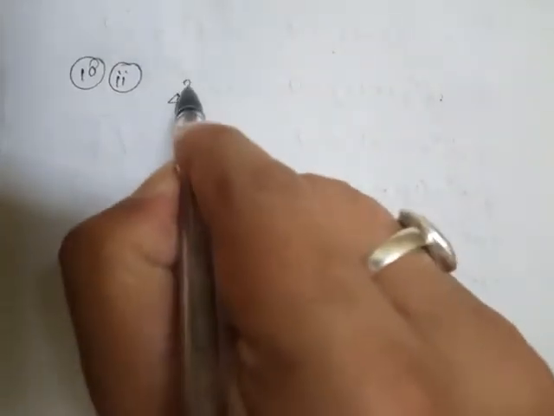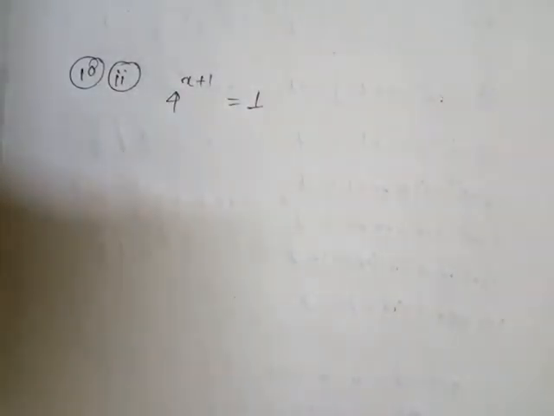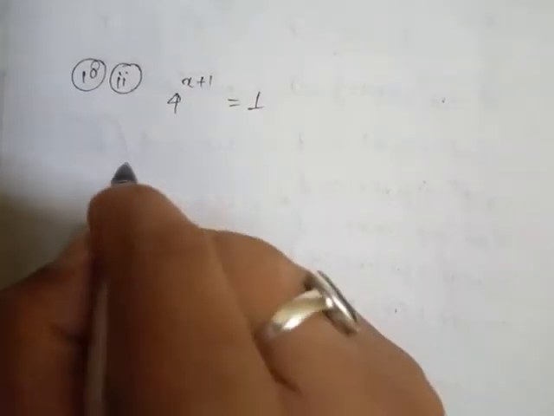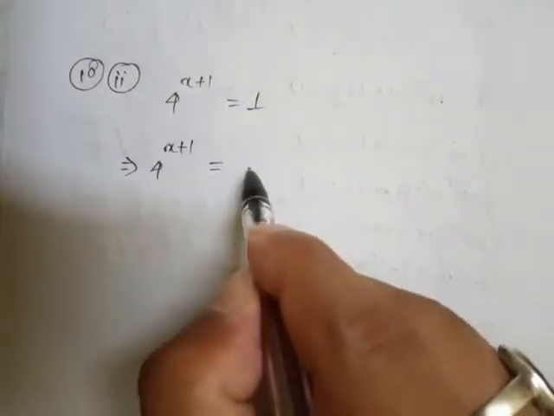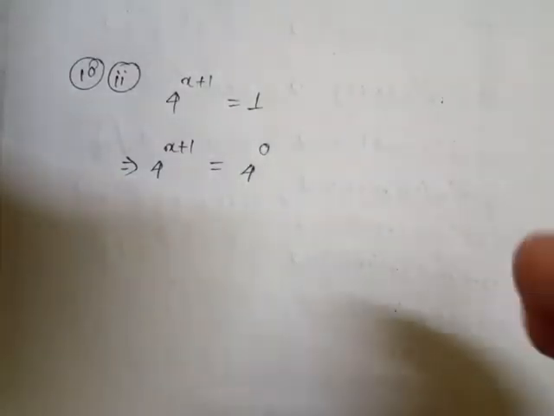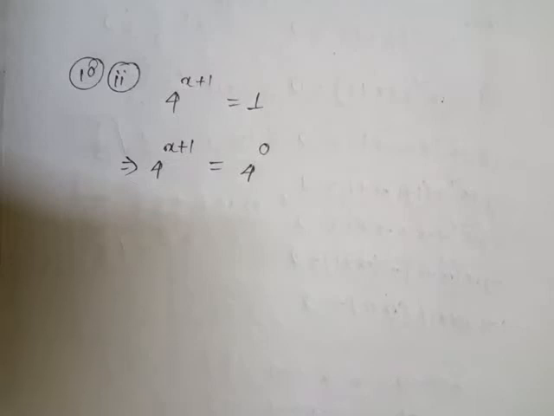10 Roman 2. In question number 10 we have to find the value of x and y only. And now the second question is 4 to the power x plus 1 equal to 1. This is the question given. Now look how to solve this one. Also the same way which I did the first one, 4 to the power x plus 1, and this 1 can be written as 4 to the power 0. Why? Because base same, powers are equal, we have to use the formula. Or, as I already told you, anything to the power 0 equals 1. So if I write 4 to the power 0, it is also 1.